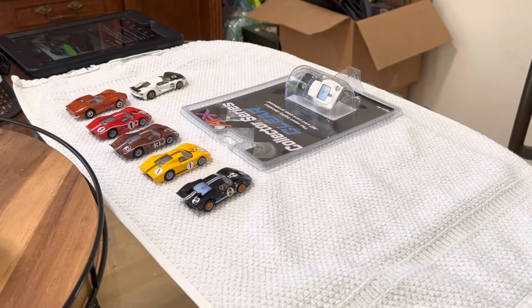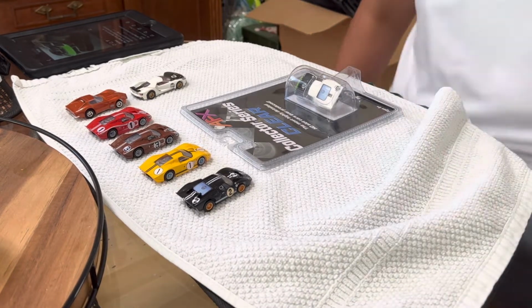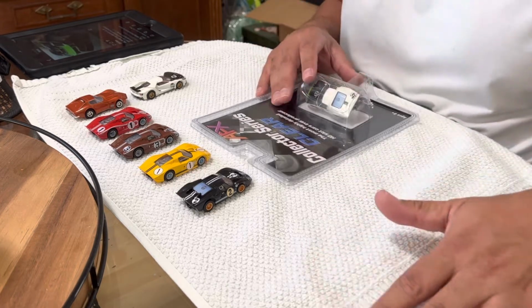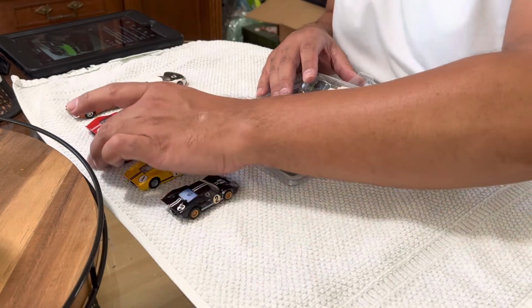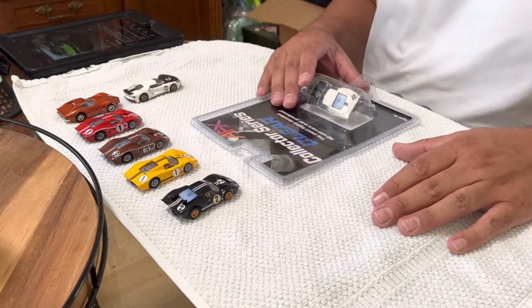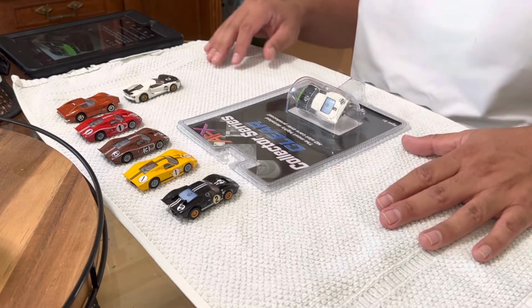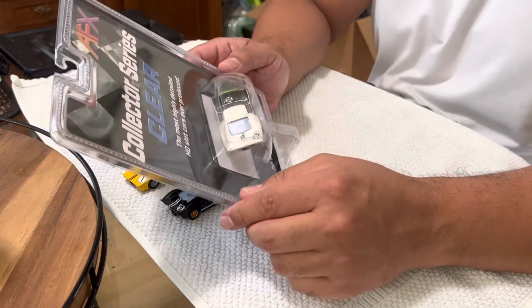Good afternoon, Big Boys Toys, and it has been a while since I posted about slot cars. I needed a new bracket for my phone. I got an iPhone 13 Pro Max now versus an old iPhone SE with the 7 body, so the spring-loaded bracket that holds the phone, I need a newer one. And let's start with the GT Mark II